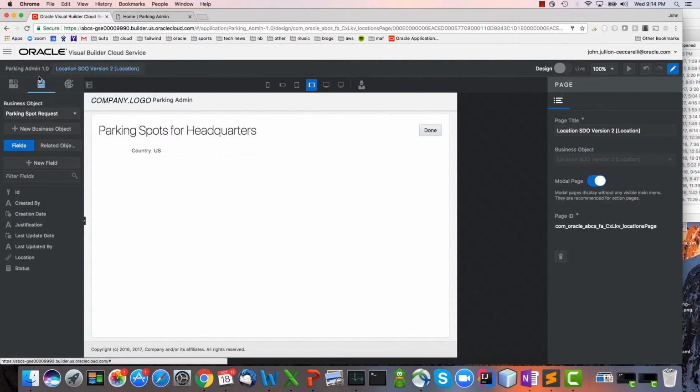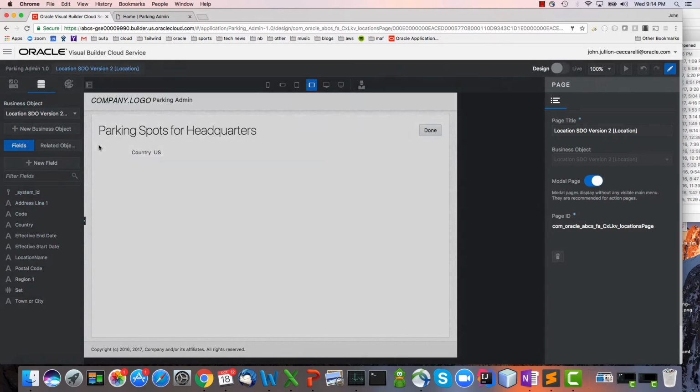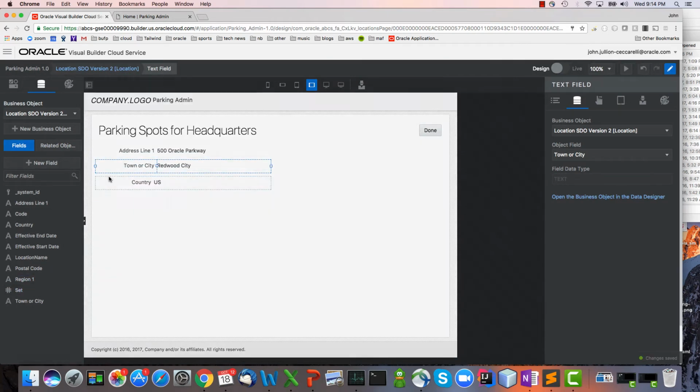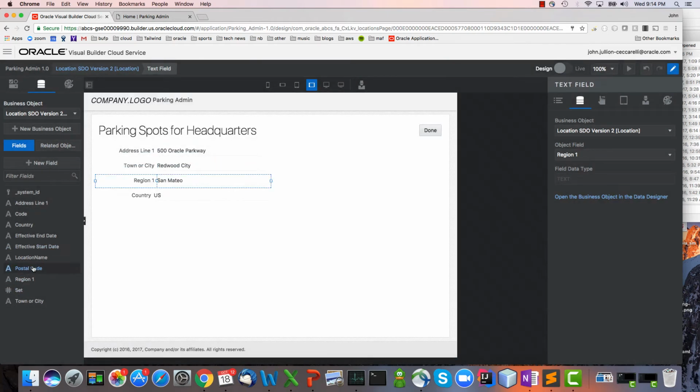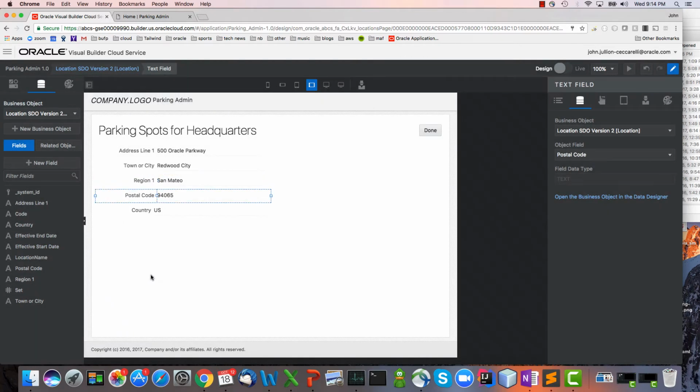I can go into the data tab, and as you saw, I need to select the right business object, but once I've selected the right business object, I can just drag and drop from here. So let's put the full address in here just for fun. Right, address line 1, the city, the region, postal code, and we got the country. All right,